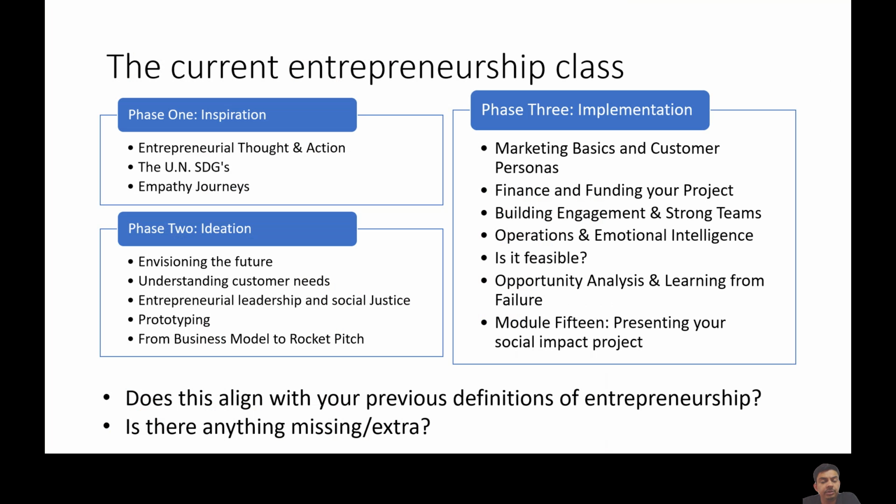After discussing what entrepreneurship is during the icebreaker, we are going to be sharing a little bit about the current entrepreneurship curriculum for the first class. This class is divided into three phases: inspiration, ideation, and implementation. These three phases are built from Babson's entrepreneurship program, which Lincoln School has an agreement to follow, right, for this class. So this is a curriculum that can't be changed. We cannot modify this. We need to follow this and teach the class as it is.